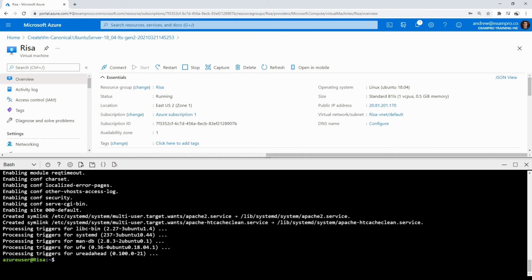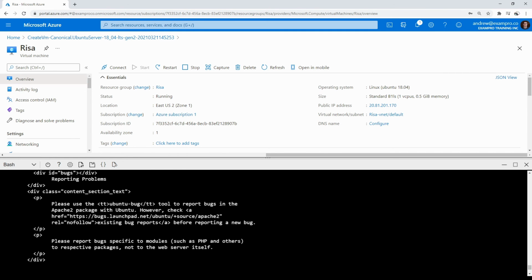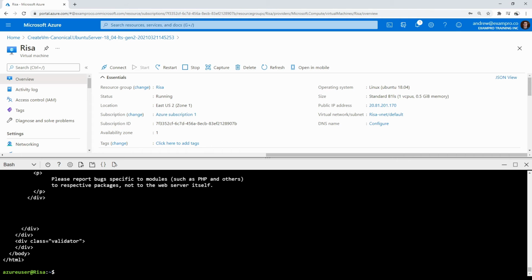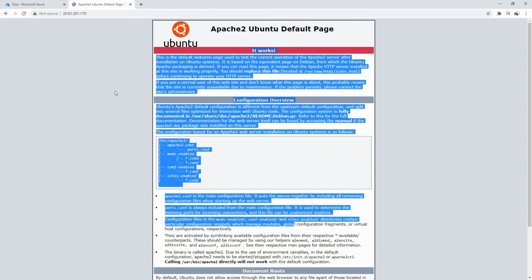Great, so that's now installed. One way we can verify it's installed is we can do curl and type in localhost. This will return, it's like hitting the home page. The idea is if it returns HTML, which is the default page, we know that it will work at least inside the virtual machine. If we copy the public IP address and paste that into our browser, we should see this page,